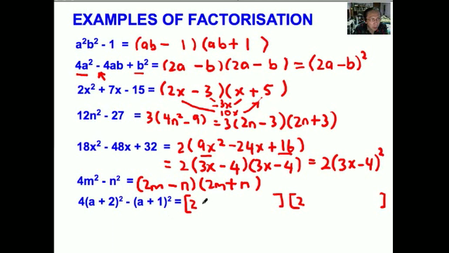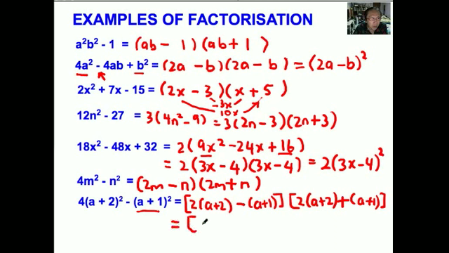To get (a plus 2) squared, we have (a plus 2) times (a plus 2). And for the last term, (a plus 1) squared is simply (a plus 1) times (a plus 1). One side is negative, one side is positive. And opening the brackets, we have